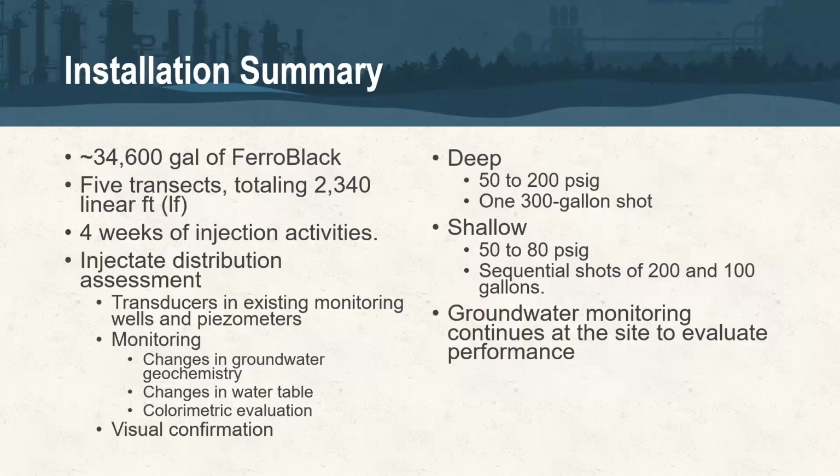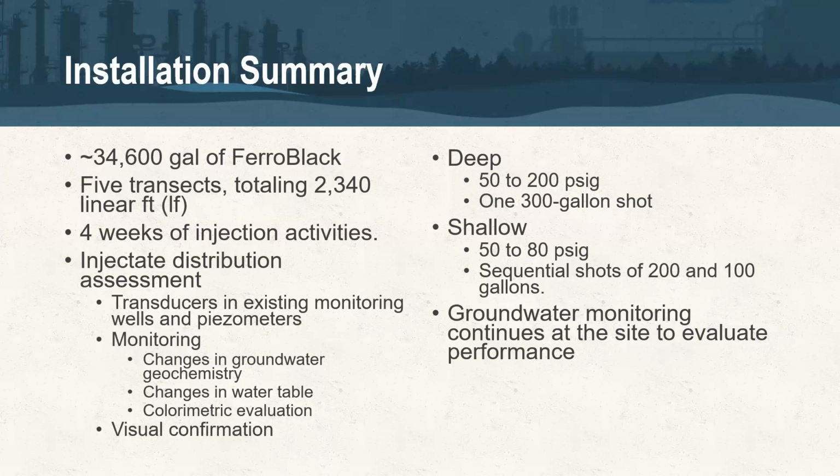So, last summary slide here for this installation, almost 35,000 gallons of ferroblack, 5 transects. Injection took a little less than 4 weeks. We did almost catch up to our pre-drill installation that I talked about earlier. I mentioned a few of the ways that we assessed distribution there on the left. We also, through that optimization, found that most of the transects that we did in the upper and lower injection intervals, we call them shallow and deep, we did a slightly different pressure and shot volume setup